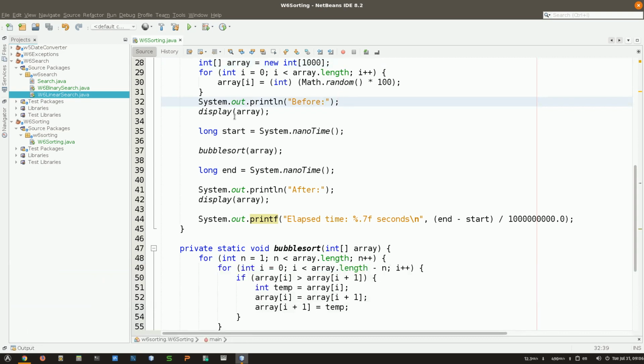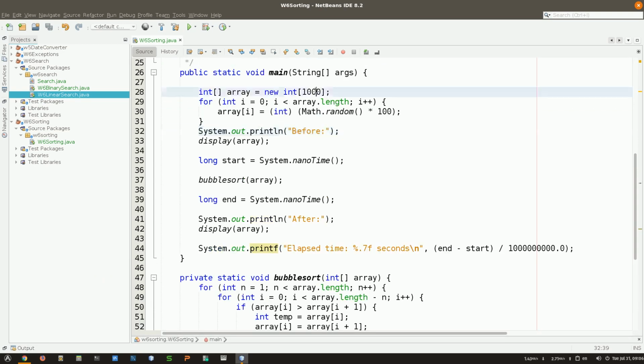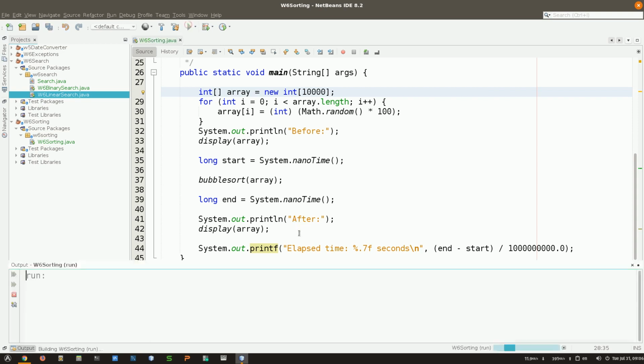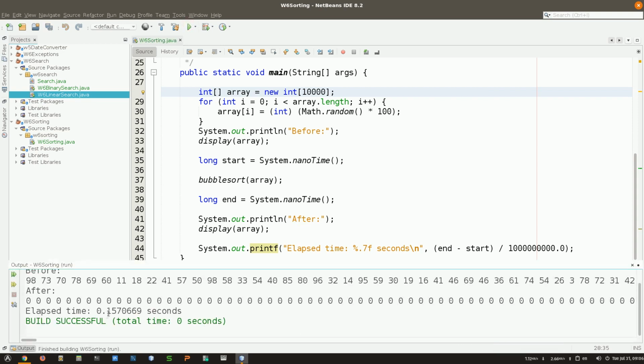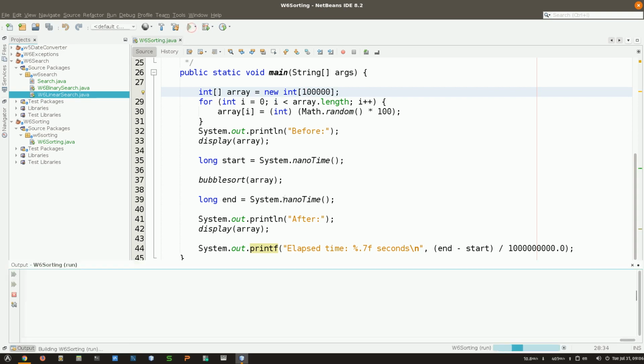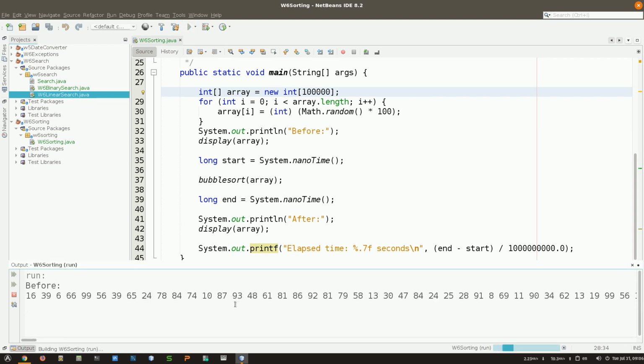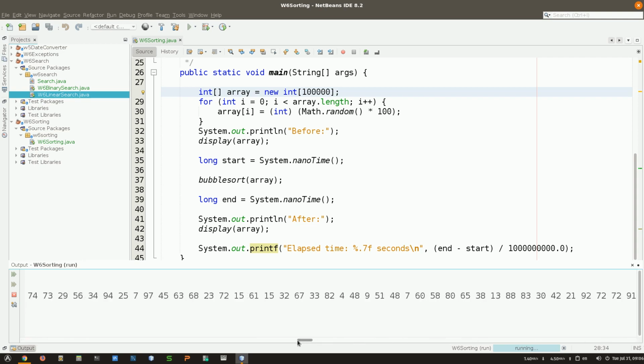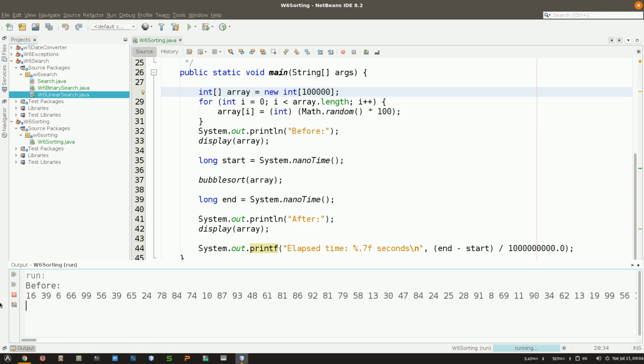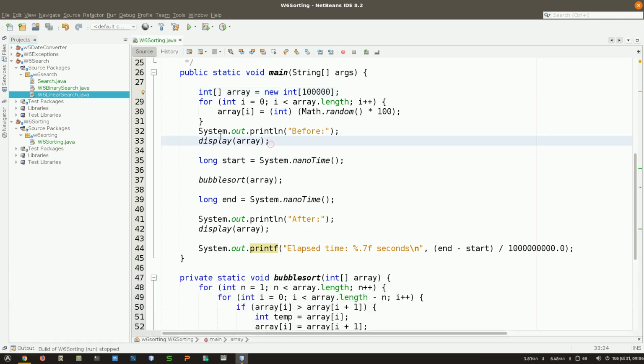Now if I'd like to see some seconds there, I need to make it a big number. So to make something like this, for example, I'm still not reaching a second. This is 10,000. So with 100,000, it starts to do something. But the problem here is not the calculation, it's the display. Displaying this 100,000 is taking a lot of time. The proof of that is that if I remove this display, and I'm not displaying the array, I just would like to see the time now. If I run it,